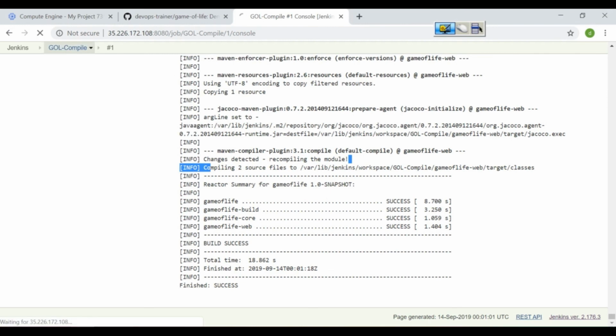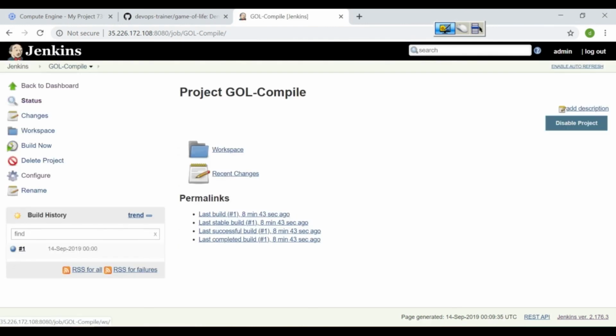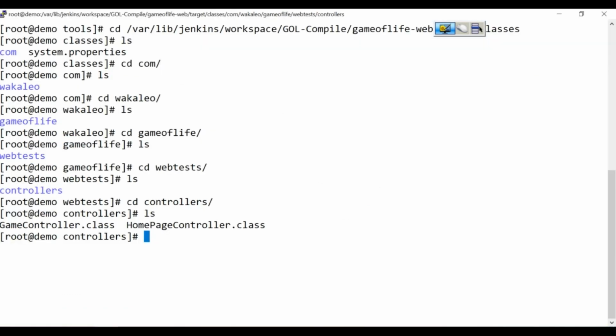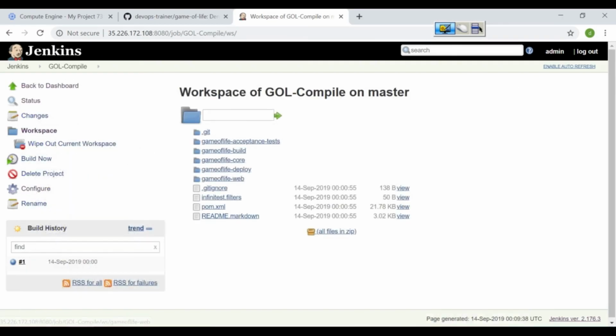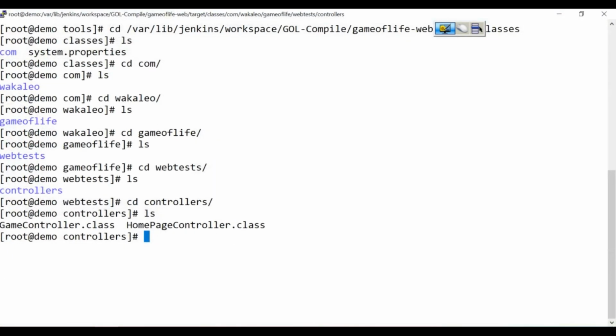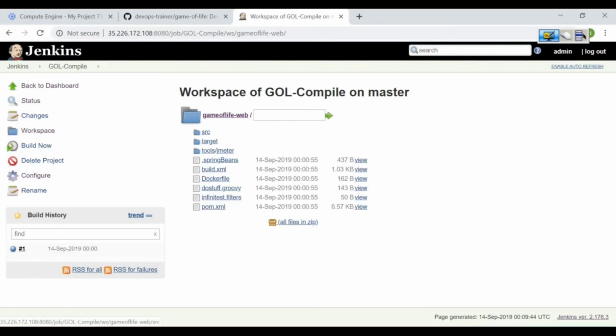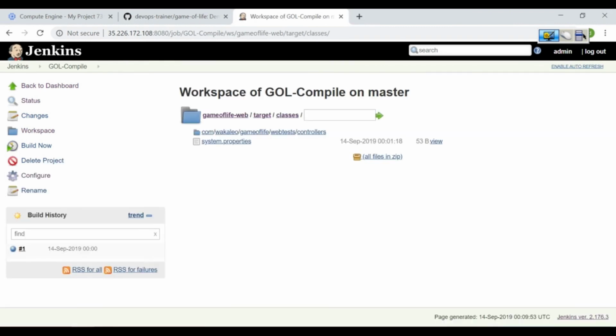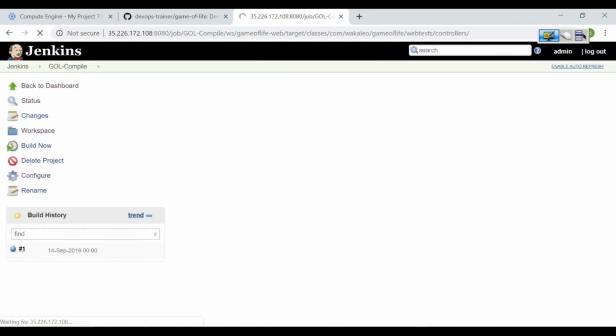You can also see the workspace this way. If you go to the project, this is also where you can see the workspace. You can go to the location here, game of life web, and the location is target classes, and then controllers.